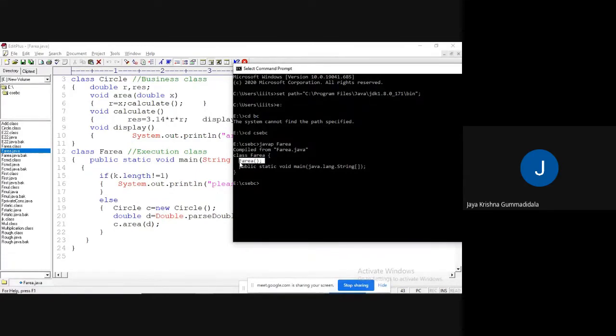This is what I will explain in further classes. Don't consider this now. It is going to show only one method, public static void main, which accepts the parameters in the form of a string array of arguments. Am I right or not? Yes. If I write java p space, okay, one minute.